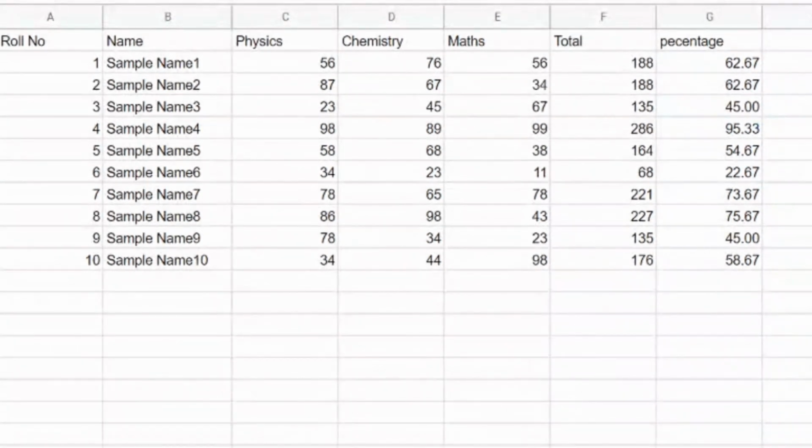Before calculating the grades, let me calculate the result. So according to us, if a student gets less than 30 marks in any one of the subjects, then he or she will be failed. Okay, that will be our criteria, and we will try to calculate the result using this.